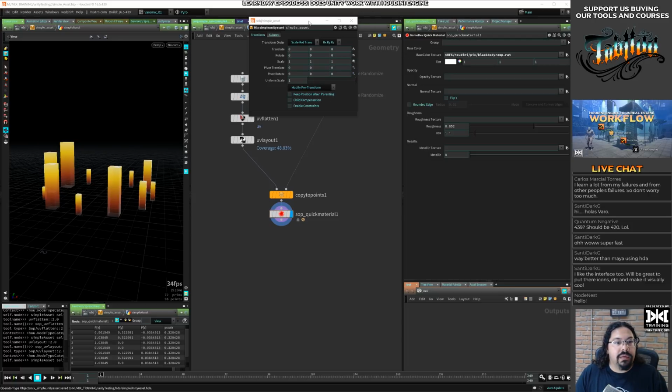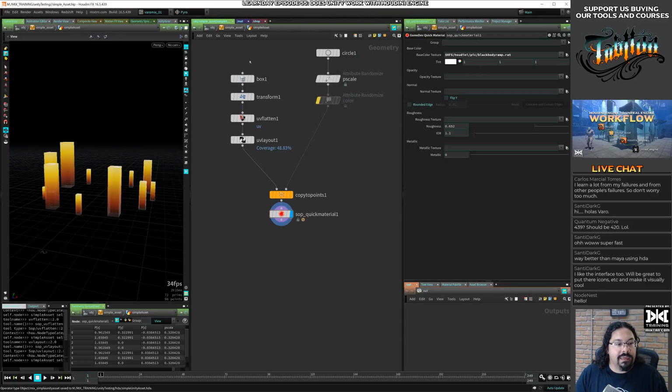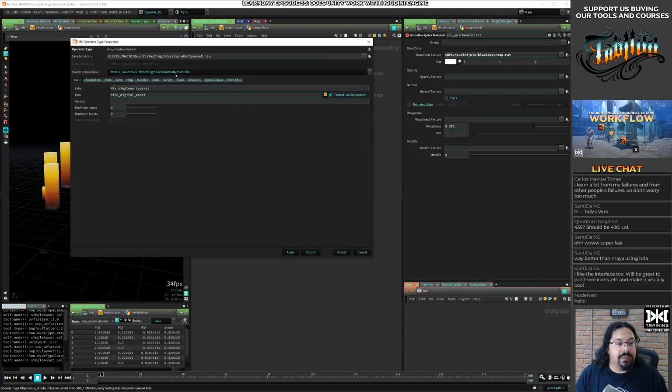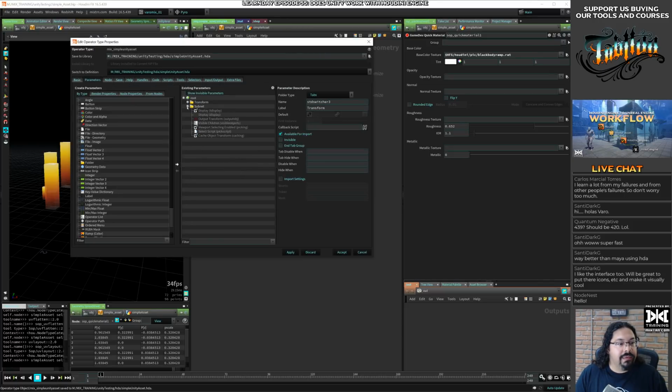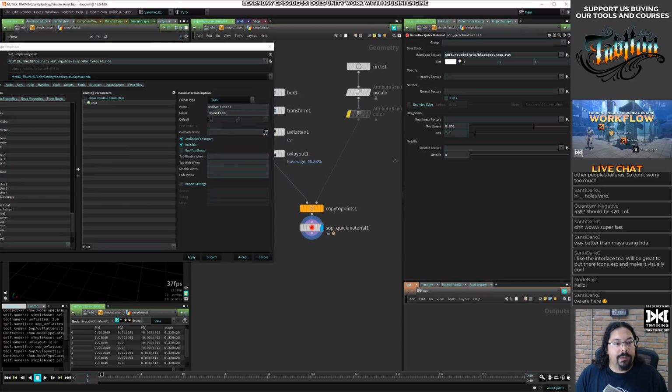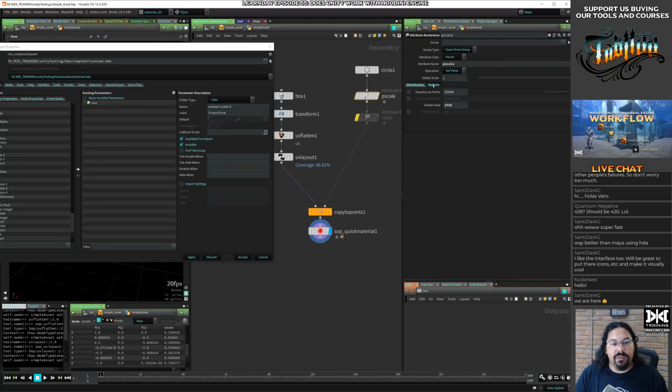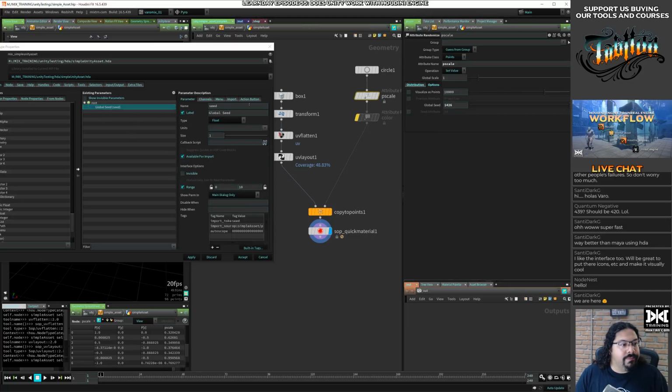Okay, so let's expose some parameters, because by default the type properties will have the transform on the subnet, which we don't need. And let's just expose the global seed here. Let's call this scale global seed, and let's expose the minimum and maximum values.